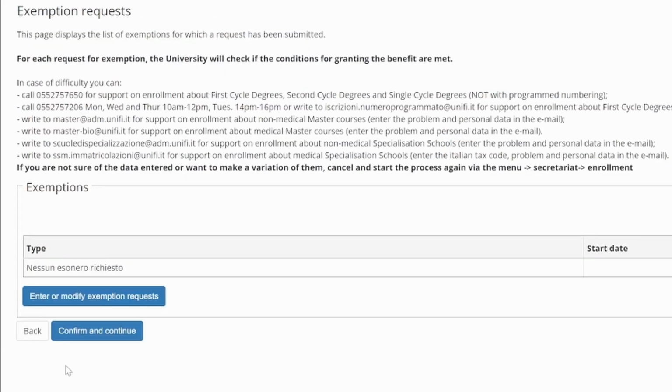If you have applied for DSU Toscana Scholarship, click on Enter or Modify Exemption Requests to request the relevant tuition fee waiver.